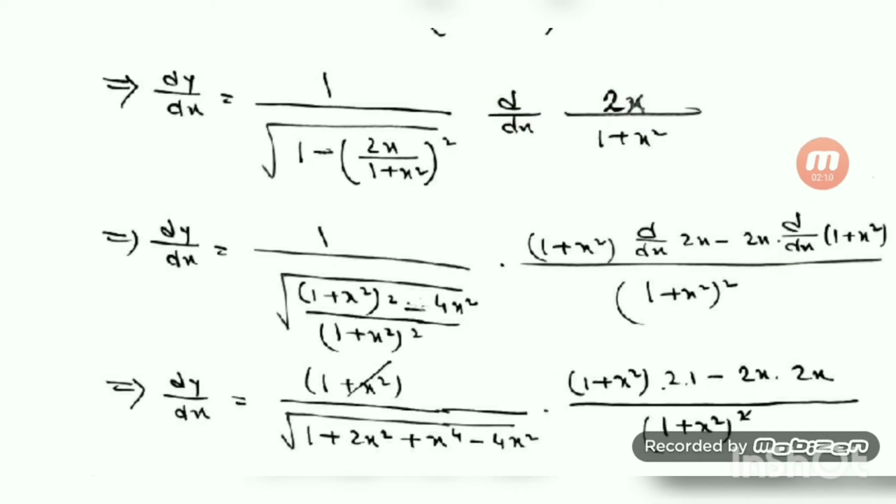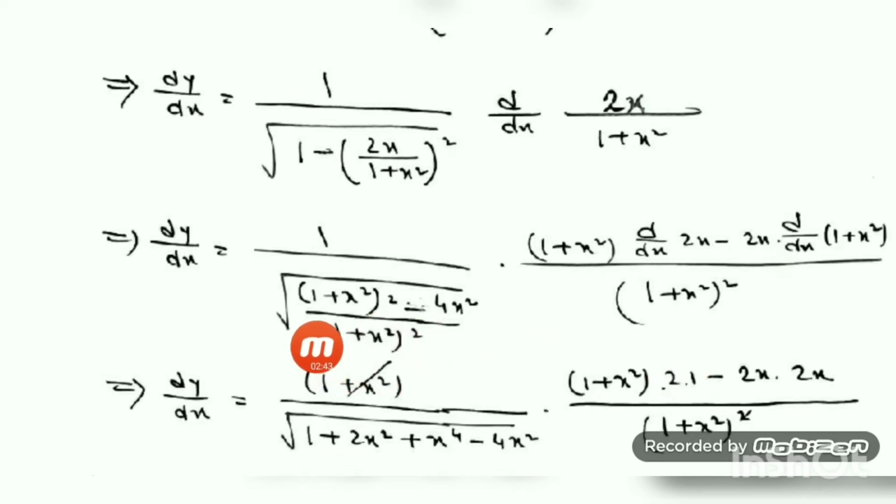So you have to use here the u by v rule, that is the quotient rule. In the quotient rule we have denominator v square, that is 1 plus x square whole square. Your formula is v d/dx of u minus u d/dx of v. So here v means 1 plus x square. 1 plus x square d/dx of u, which means twice x, minus u, which means twice x, into d/dx of the next expression. What is v? V is 1 plus x square. Together I have done two things here. This expression we simplify, and here we take the derivative.